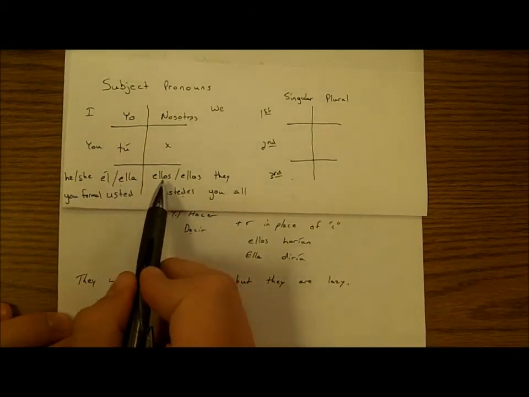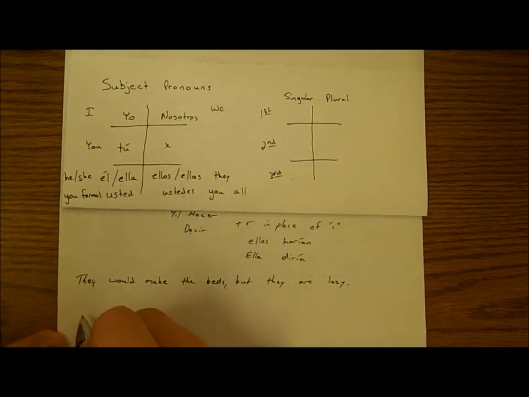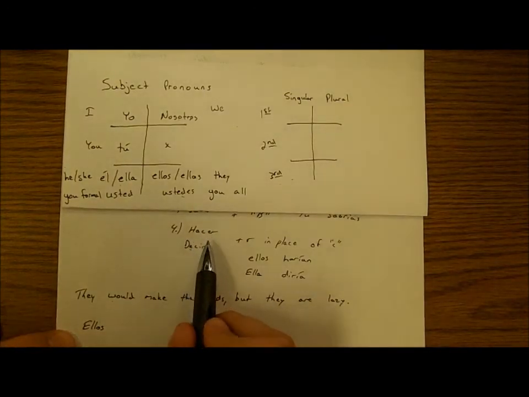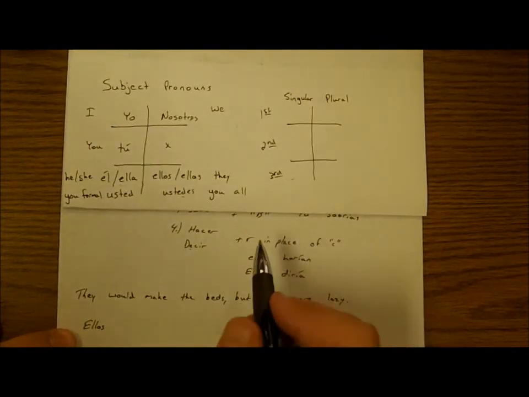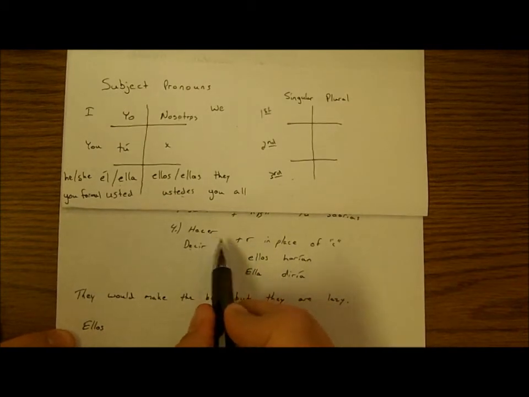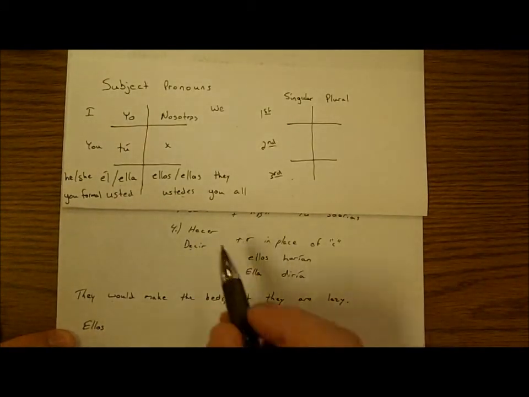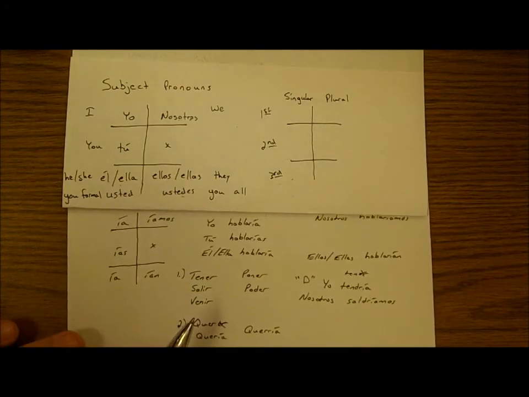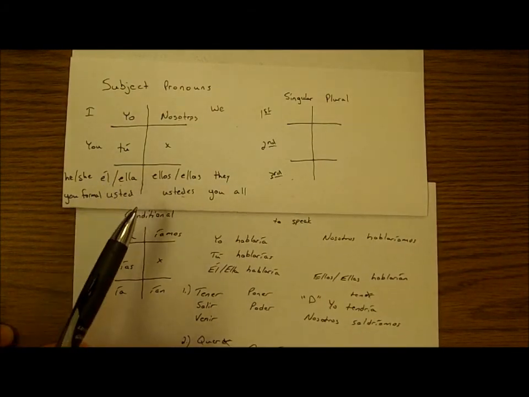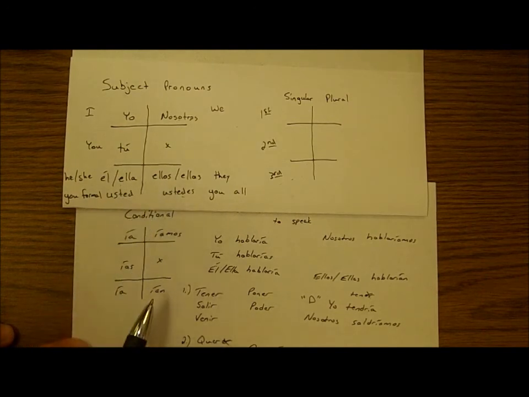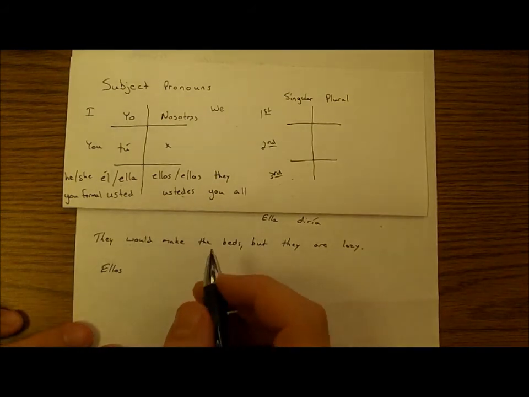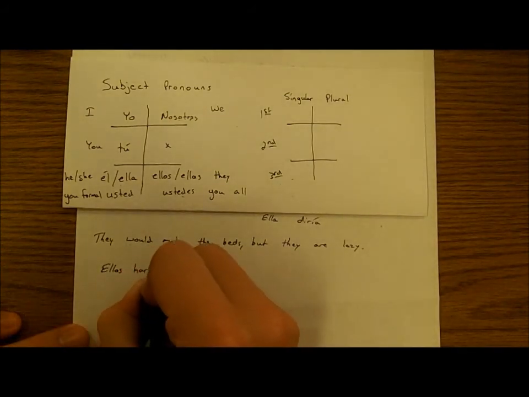So, first off, we need they. We look at our subject pronouns, we know that ellos is they. So ellos. Now make. We know hacer is to do or to make. So therefore, we know that we have to take off the ER, change the C to an R, and then add our ending. So we look back up here at the endings for the conditional tense, and ellos is in the bottom right. Therefore, we need the bottom right. So we get ellos harían